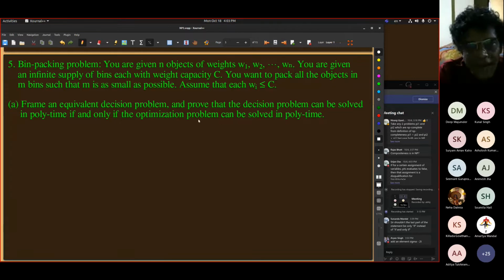So if we can characterize this optimization problem in terms of a decision problem, such that this condition holds, then this is a good characterization in terms of P versus NP classification, for example. Okay, so tell